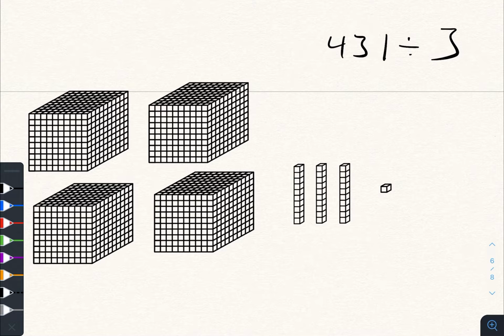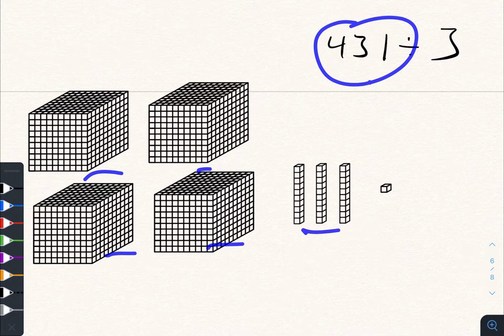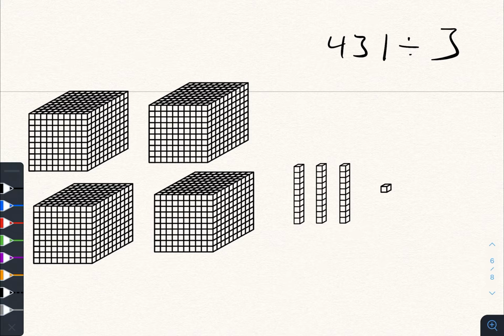431 divided by 3. So much like subtraction, I'm not going to want to represent the number that I'm dividing by here. I'm going to try to only represent the number that I'm starting with, and then do something with that to reflect the 3 at the end. With subtraction, if I was subtracting 3, I would end up with the 3 that I subtracted off to the side, and then look at how many I'm left over with. With division, what I want to do is